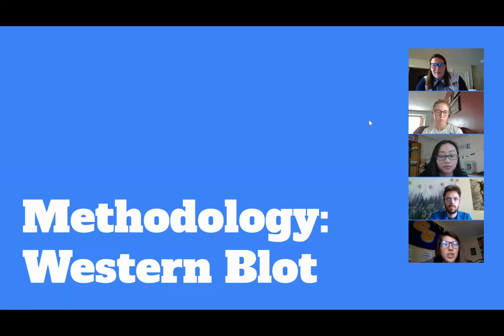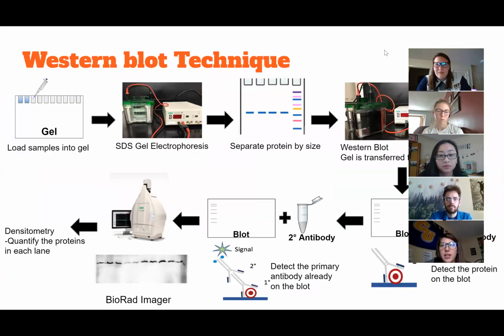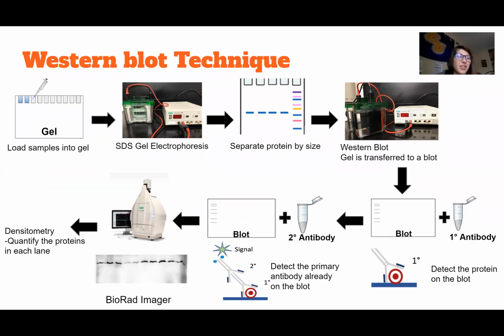Yeah, so kind of switching gears here, I hope you enjoyed Hannah and Katrina with the cell culture there. So for Western blot, I think you guys have seen this schematic before, but we're going to see it again. Basically we make gels on our own and you put a comb in there and then you eventually pull it out. In that first picture where it says gel, it's exactly what it means. It's a gel, and then we make little holes in it